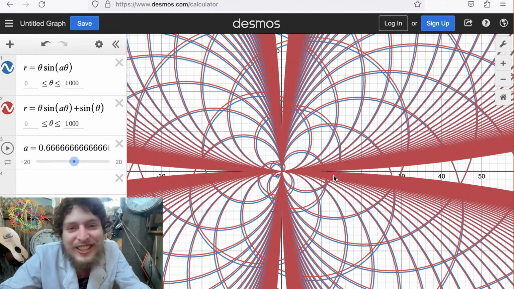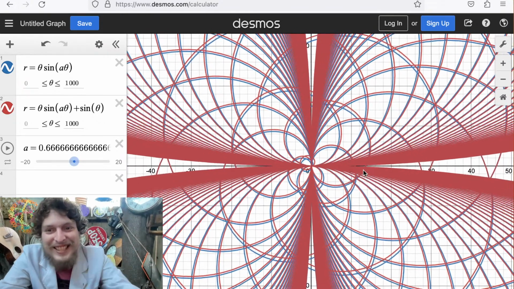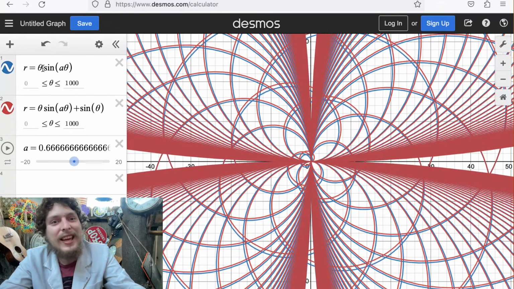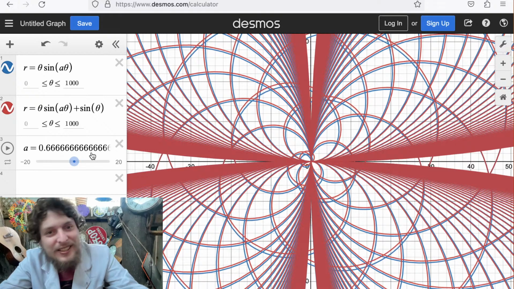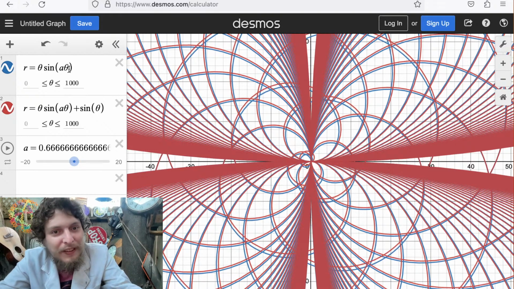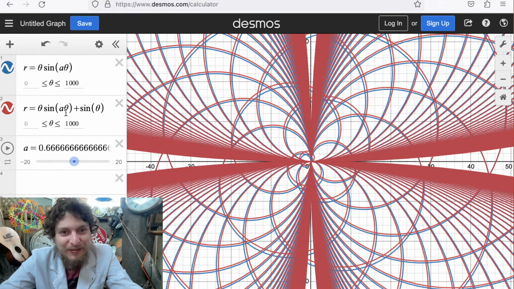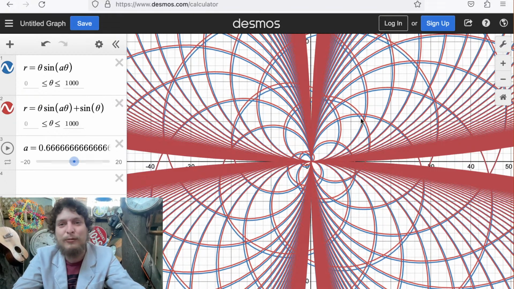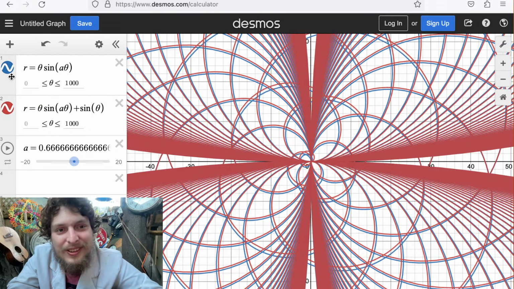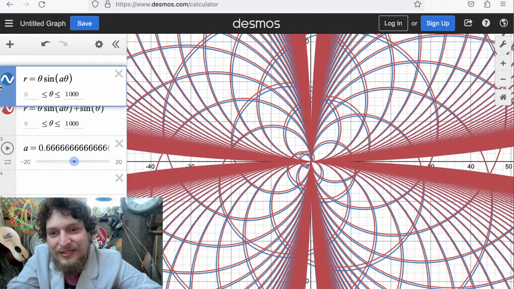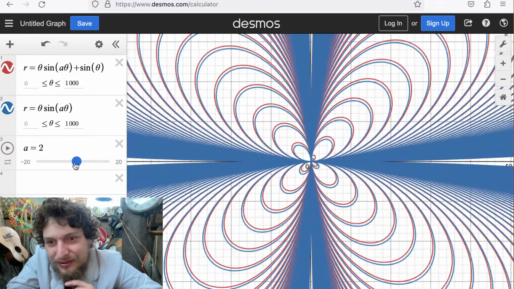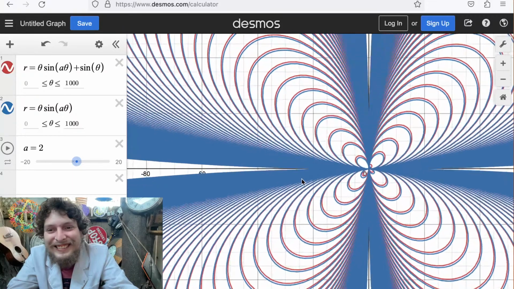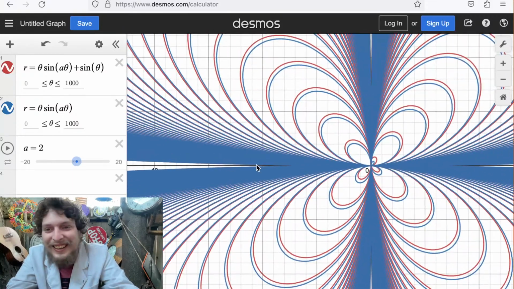See, these are such simple equations. These are the radius either being theta times sine of this slider times another theta, or that same thing plus an extra sine of theta. The second one being the reds and the first one being the blues. Look at these. Okay,